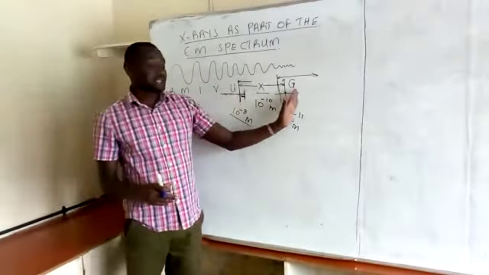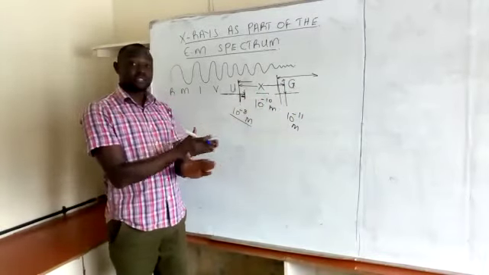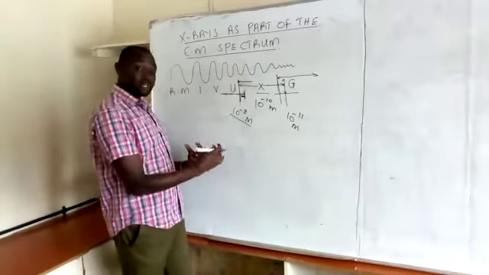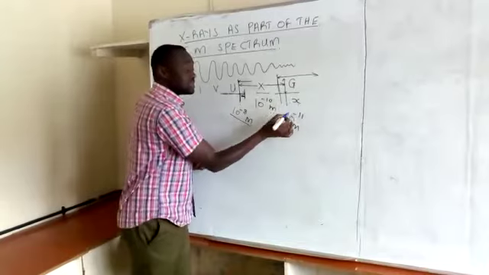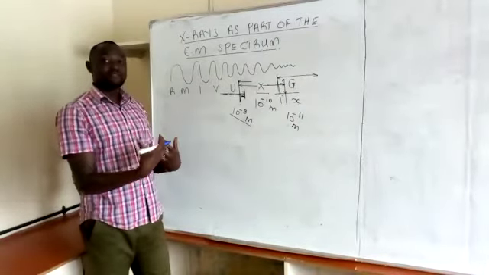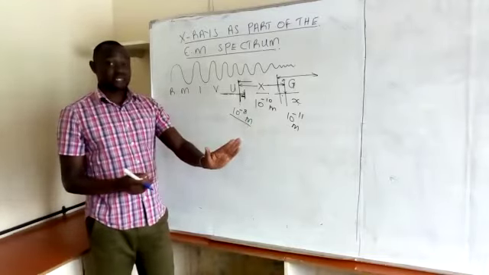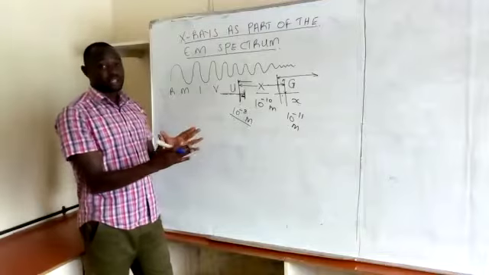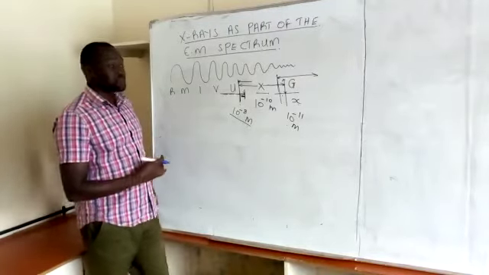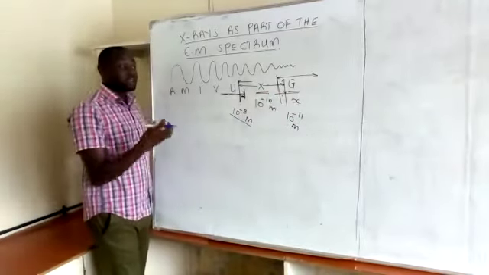Please note on the other side, the X-rays do border the gamma rays, and their wavelengths also overlap each other. Therefore, it means that we can get X-rays with the same wavelengths as gamma rays. But how do we get the difference between the two? If this is gamma or this is X-rays and they have the same wavelength, how do we tell which is which? We are only able to differentiate between X-rays and the gamma rays by the way in which they